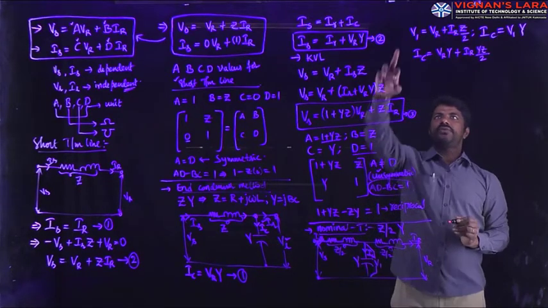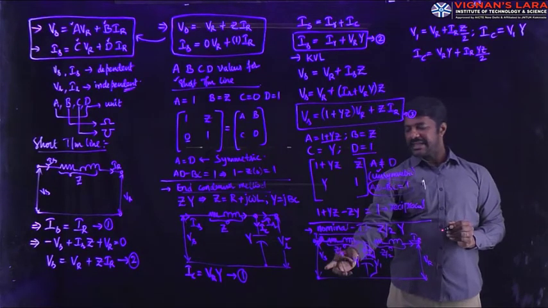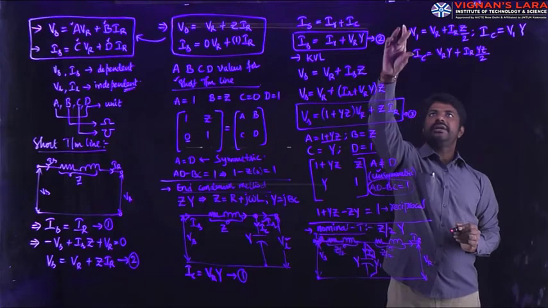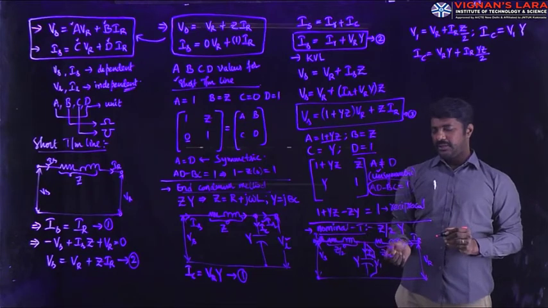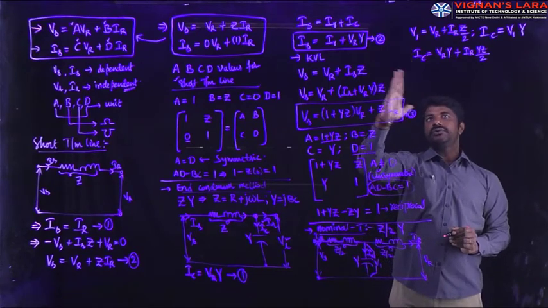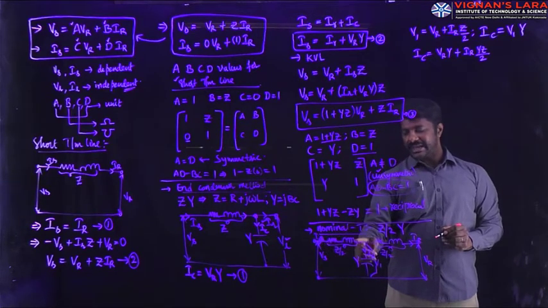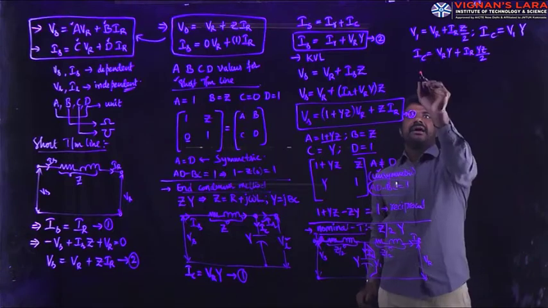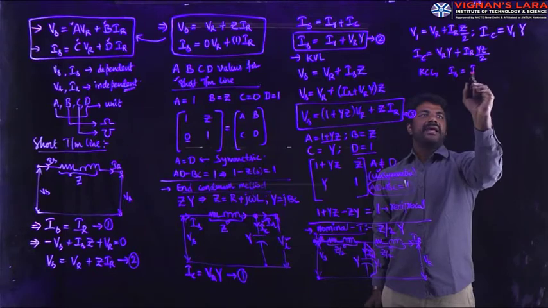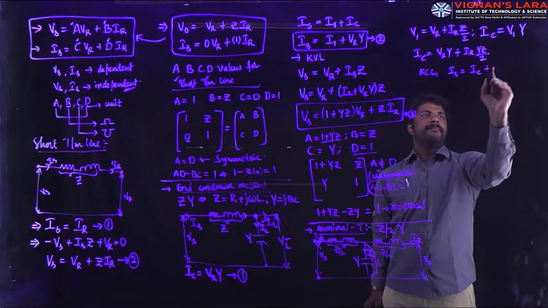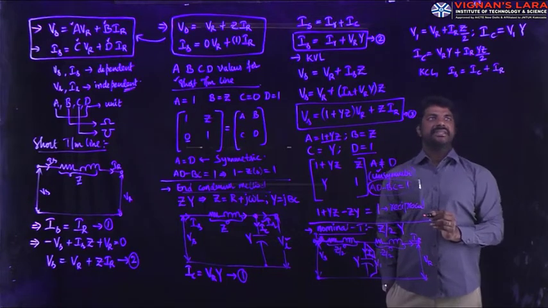Our objective is not to find either V1 or IC. We have to get VS and IS. These two quantities are intermediate values available at the midpoint of the transmission line. Once we have these two, we can move towards the sending end side. Coming to the sending end side quantities, IS is required now. Applying KCL, the current IS is equal to the branch current in the capacitor, IC, plus the delivered current IR.